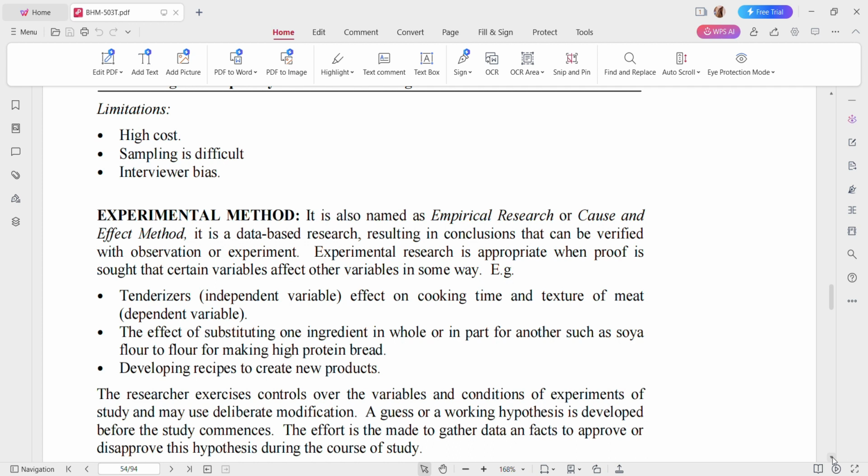Okay, so mayroon tayong tinatawag na independent variable, mayroon din tayong tinatawag na dependent variable. I'm sure you are familiar with this, no? Kasi nadi-discuss ito sa types of research. Okay, so the effect of substituting one ingredient in whole or in part for another such as soya flour to flour for making high protein bread. Ito yun siya. Like, sa experiment na ito, kung gusto mong malaman kung mag-add ka,